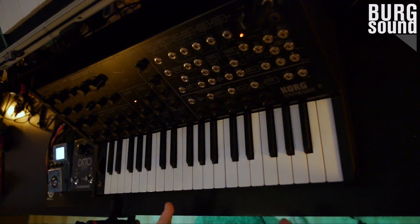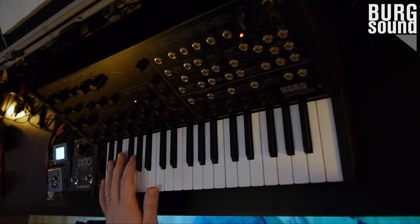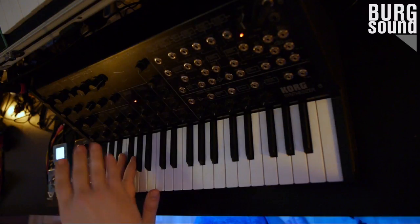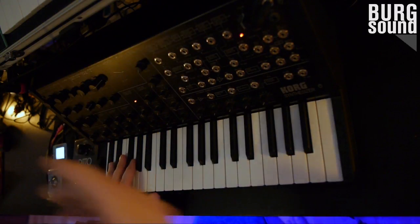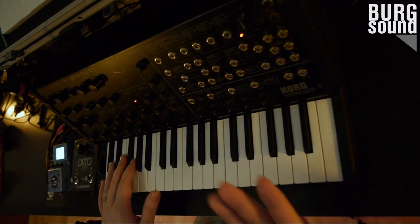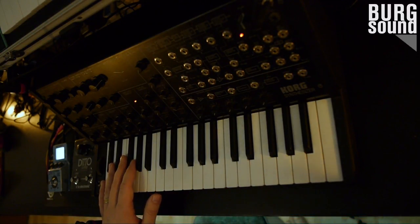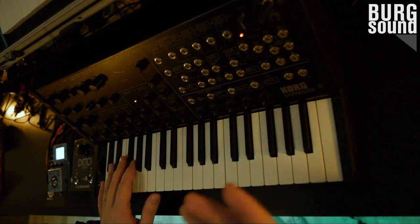And really, there isn't that much more to it, because 2 sawtooths, a little bit of detuning, a little bit of frequency modulation. The important thing when you're playing is to use the cutoff knob, right, to give it a little bit more dynamic. And some people like to use an LFO to get that moving, but personally I like to use that as an expressive feature on the synth, right, to give it